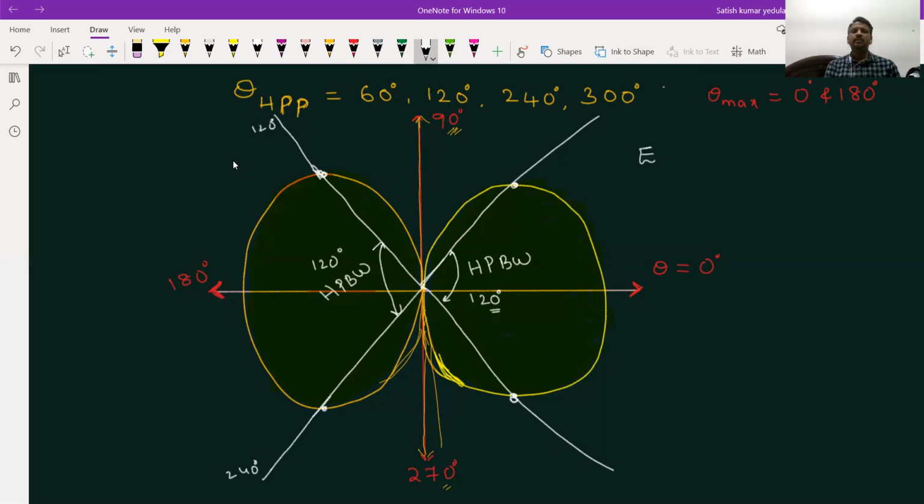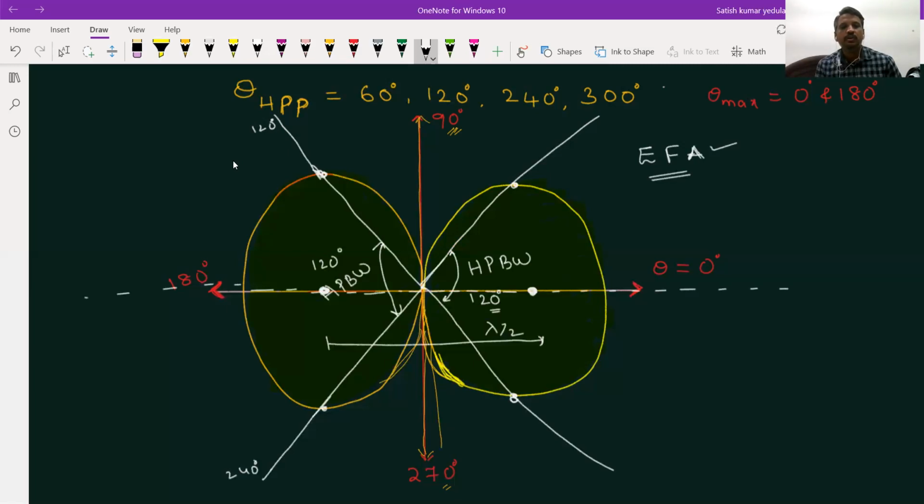It is an end-fire array, because in the first lecture what I told is that an end-fire array is one in which the elements are excited with currents of equal amplitude and opposite phase, or 180 degree phase difference. And the second point which I told you is the radiation will be along the array axis. If you take one array element and another array element whose distance is, let's say, lambda by 2, d equals lambda by 2, and you join these two elements, this is called the array axis, and your radiation pattern will be along the array axis. This is what you have to observe.